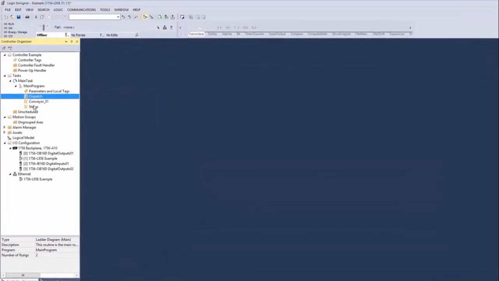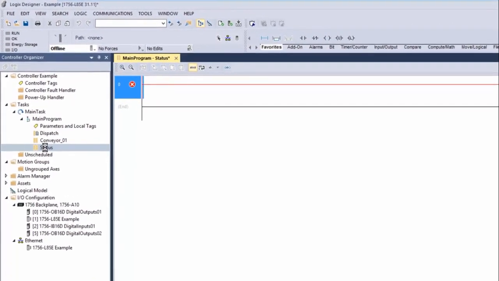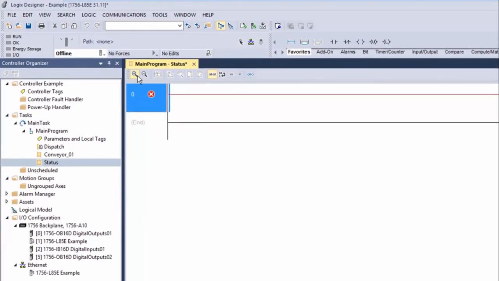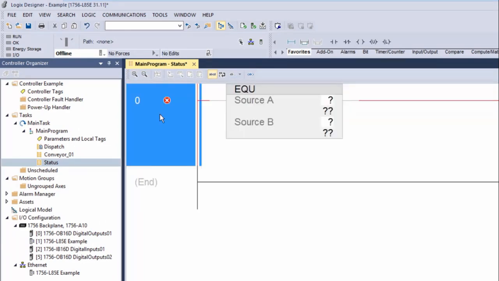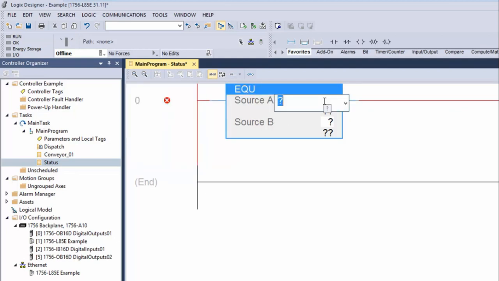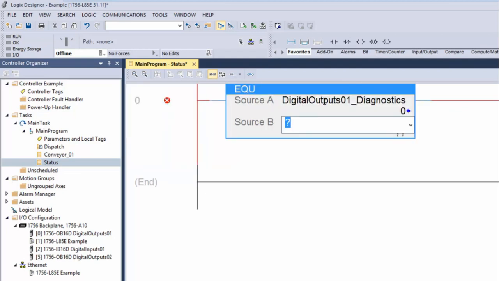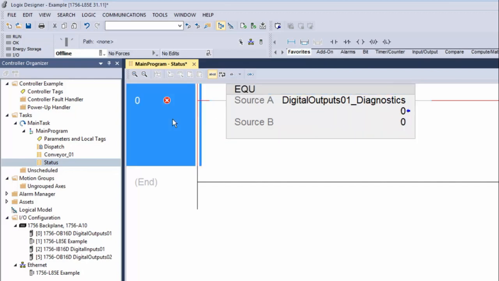With the necessary parameters created, we can add a new rung within the status routine for the relevant program module. For aggregate faults, the rung should be conditioned with an equals instruction. We set source A to the aggregated faults program parameter. Source B is set to the constant 0. So if the fault parameter is equal to 0, then there are no faults in the module and the rung